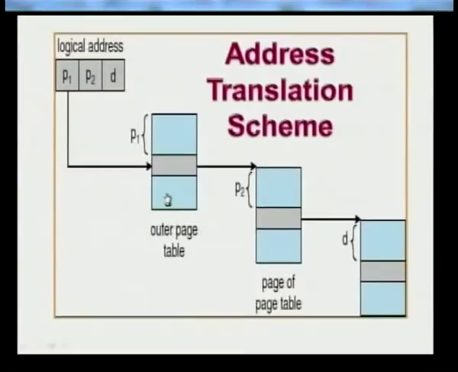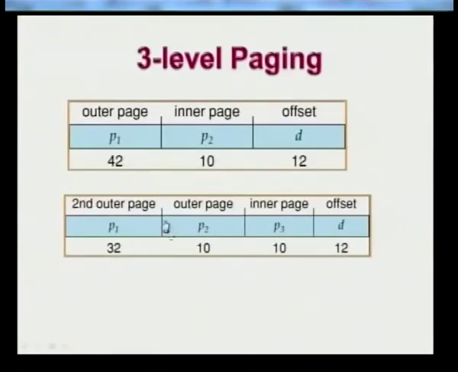If it is a three-level paging scheme, the only variation is that the outer page table is again paged, so that here comes one more level of a page table, which we will discuss in the future slides. This is how the three-level paging scheme is visualized. Here is the two-level paging scheme. So there is an outer page and an inner page, P1 and P2 corresponding to the page number, and the offset. In a three-level paging scheme, the offset is retained as such and the inner page is retained as such